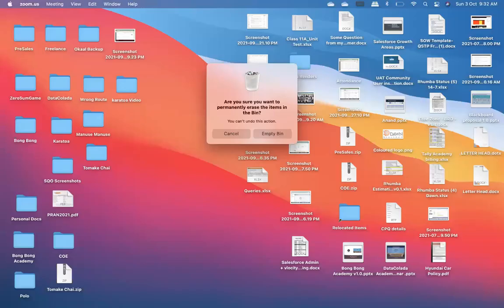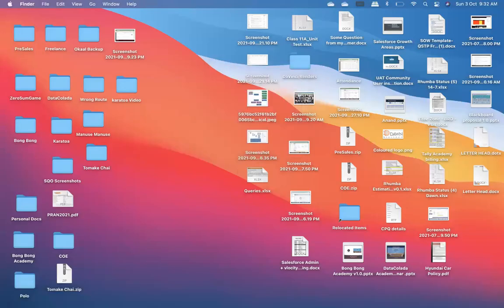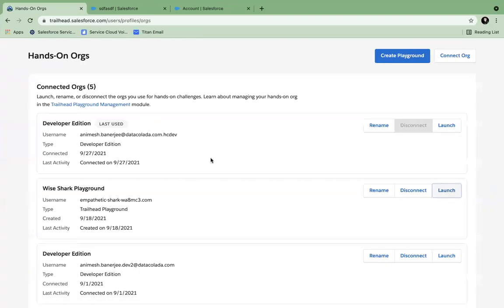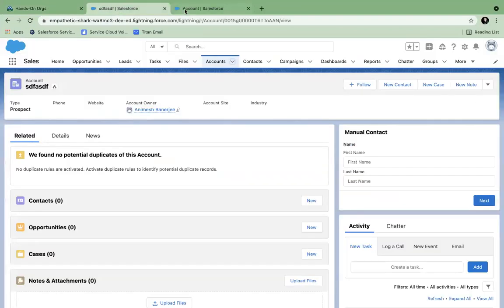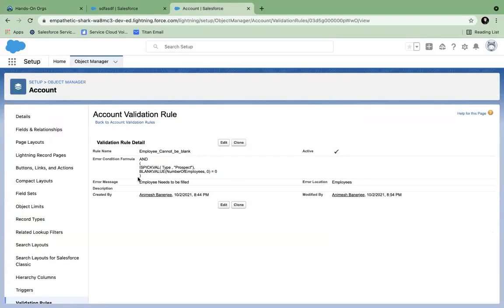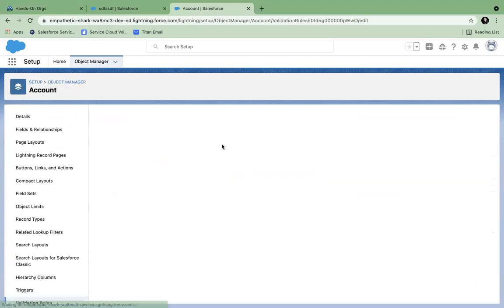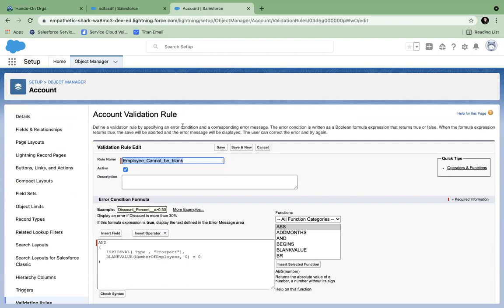Whenever you get an allowed value condition, the easiest way of doing a validation rule, let's see this employee field. I want employees to be between 10 to 100.